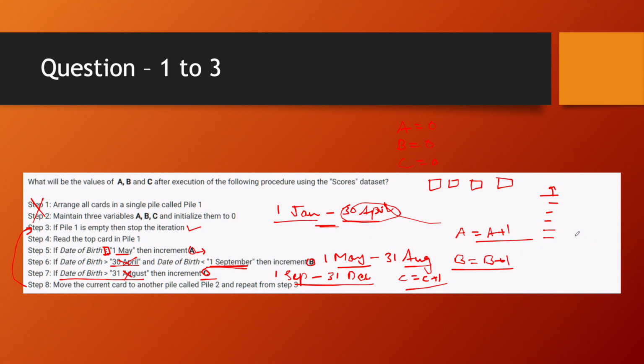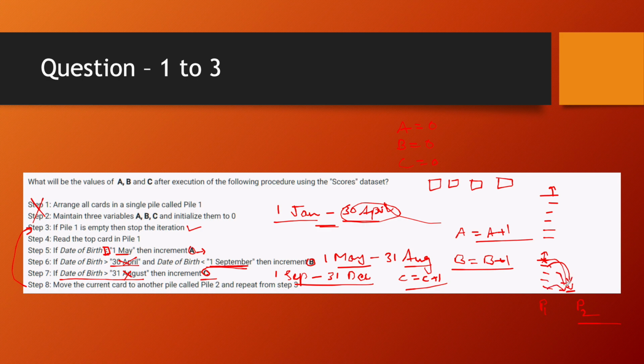So now you know that you have a pile of cards, pile 1, and you have a hypothetical pile called pile 2. Each time you look at a card, you see its date of birth, and you put that card into pile 2. So this card is now no longer in pile 1, it is now in pile 2. Same thing happens with your next card, where it goes from pile 1 to pile 2 and so on,